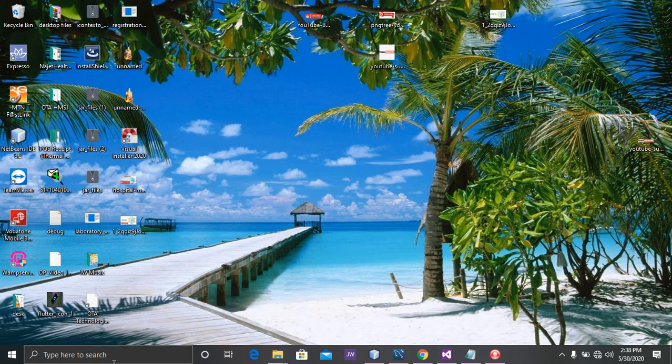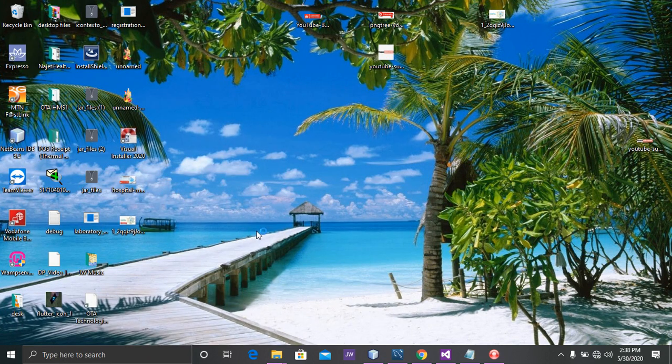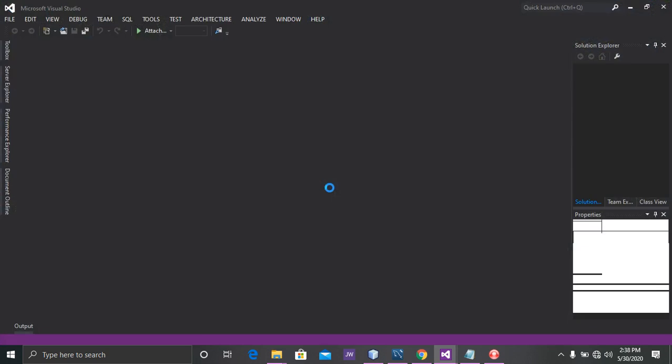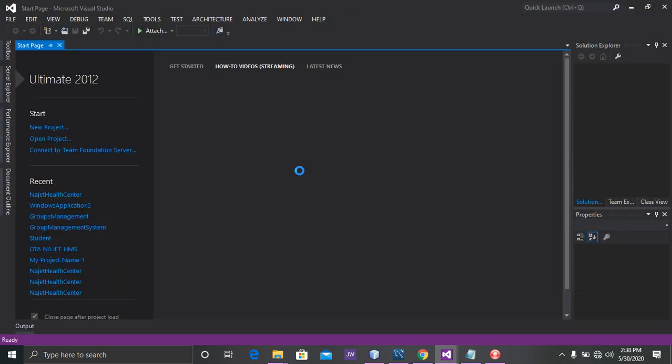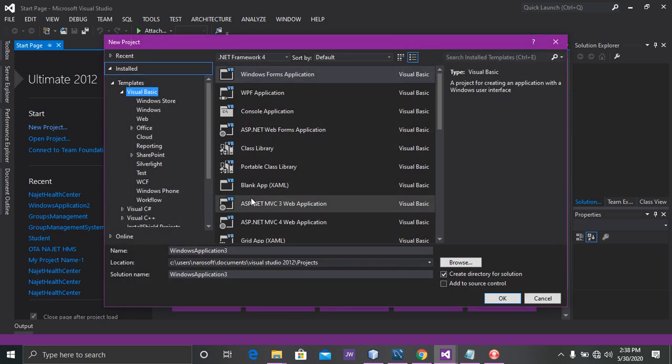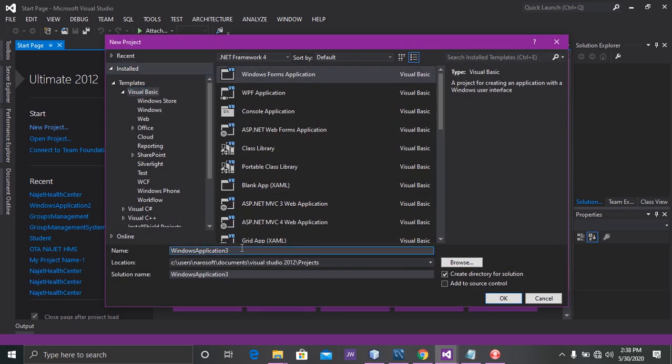So let me open Visual Studio. Sorry, I'm using Ultimate 2012. Maybe I will use 2015, that's good, but I love 2012. Let me click on New Project, and the name I will be giving to my project is Hospital Management System. You can also give it any name you want, but mine is